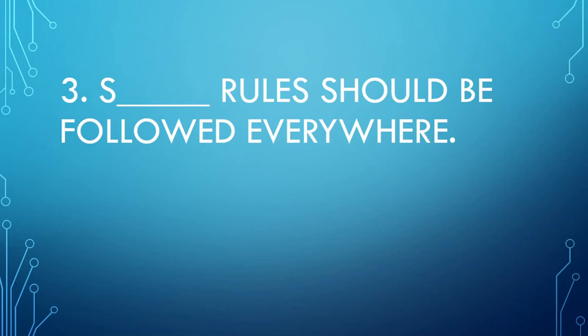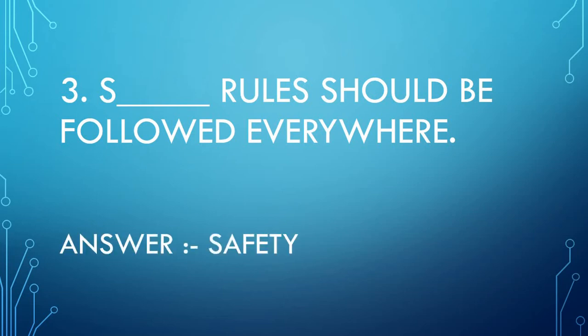So it's very easy. It is from the name of the chapter itself. Okay, so if you have written the answer, check your answers. Correct answer is safety. So please repeat this after me once quickly. Safety rules should be followed everywhere, whether it's a home, school, roads, garden, swimming pool, etc. places.